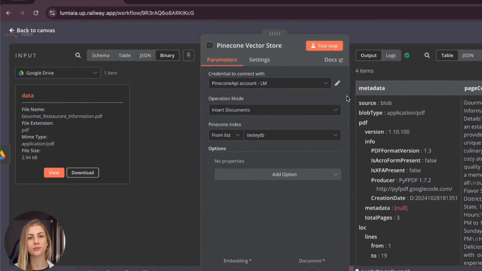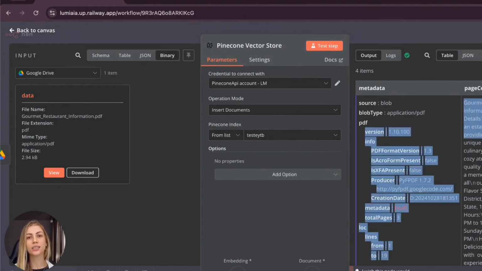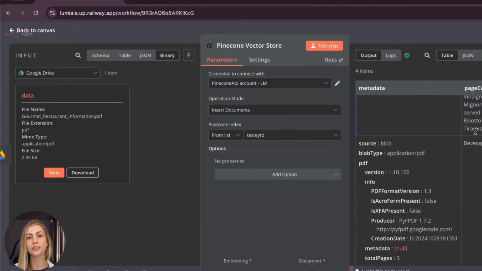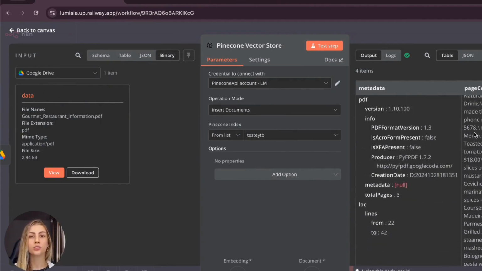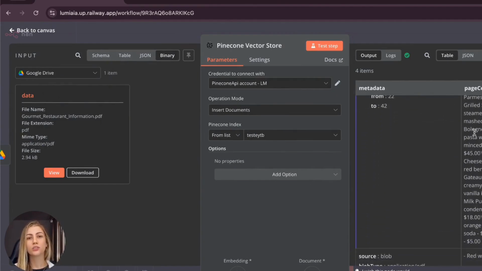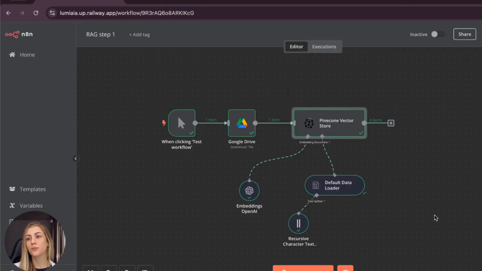And then you can see that it is configured as binary data. You can see that now the text has been broken down into several steps. This is done through our recursive method as well. The first step of our agent RAG, the step responsible for sending the data to the database, is correct. Now let's move on to the second step, the step where we will test if the information is really working